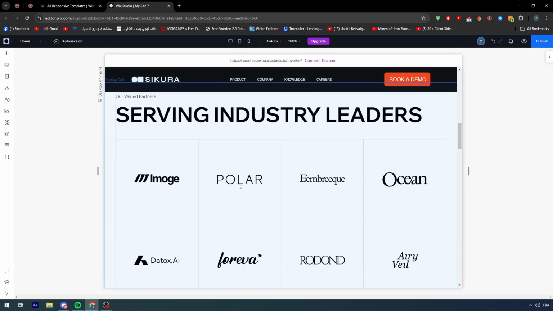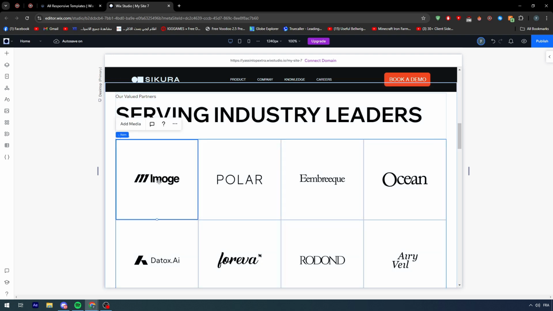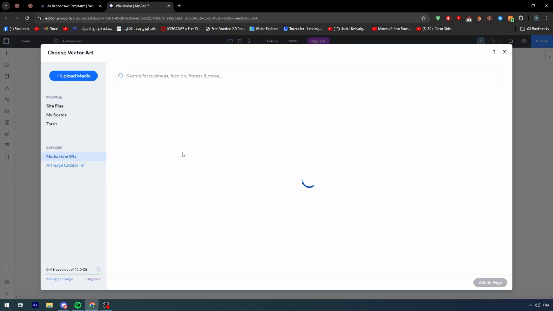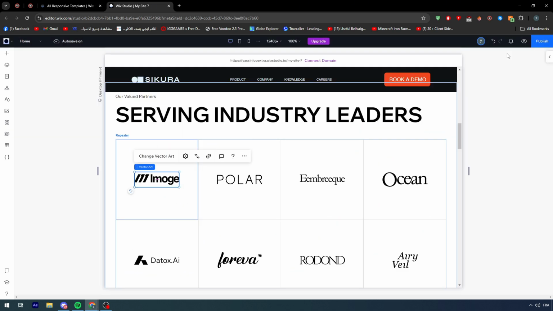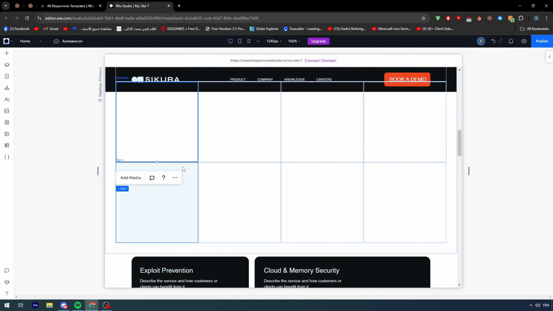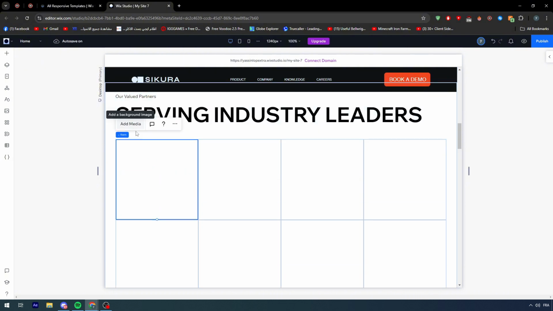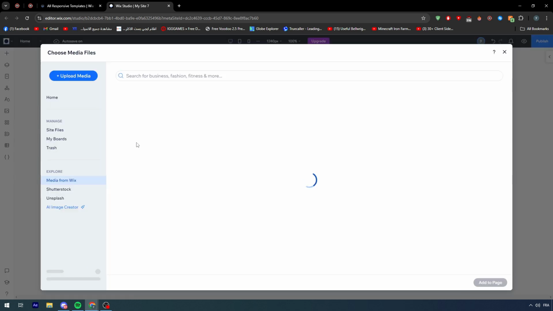So these are the clients. You can click in here and click on this image and replace it with whatever other image you'd like. You can even remove it in case you want, and just like that you will be able to keep adding media to each of these boxes as long as you want. So it's very easy. Let me show you, for example, here I would like to add something, add media,